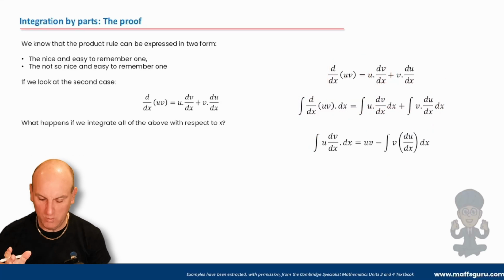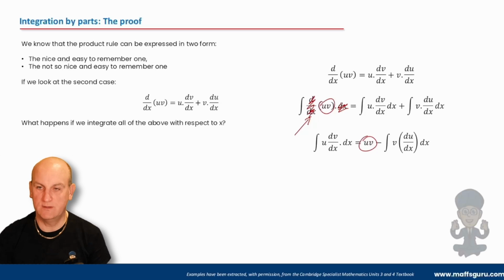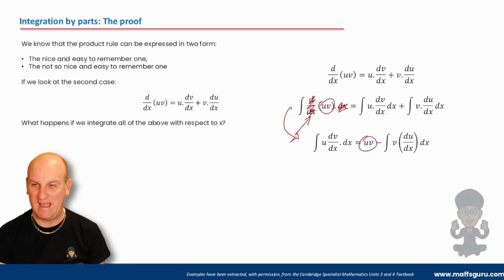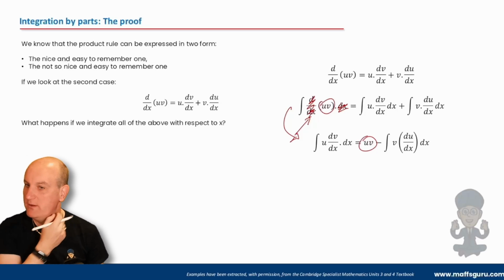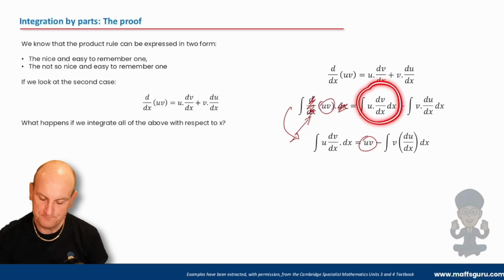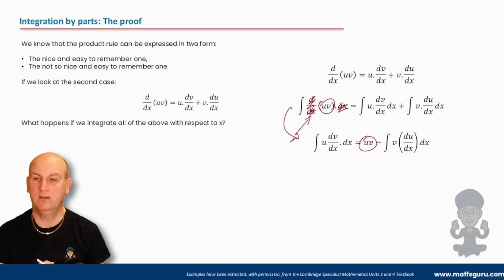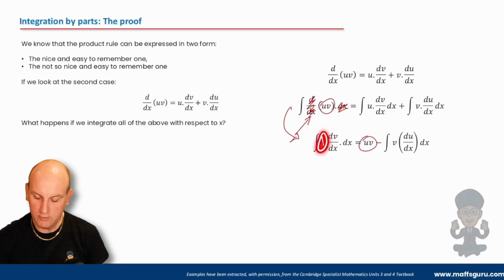Now you're going to turn around and say, hold on a moment, whoa, that doesn't make sense. It sort of makes sense if we follow it through this way. The dx here and the dx there effectively cancel out when we integrate, all right? So this and that has gone to give me just my uv. There's my uv. Now, obviously, I've moved it around a little bit. I've gone from there to there by jumping a step. Shouldn't have done that. Bad. What have we got here? We've got u dv by dx. Well, this term here has basically moved to the front, and that plus has moved to the other side and become here. All right. So what we're now saying is, if we've got u dv by dx, we can actually